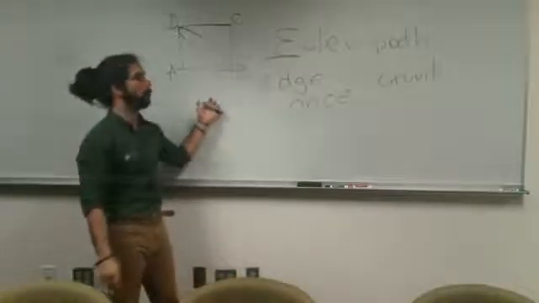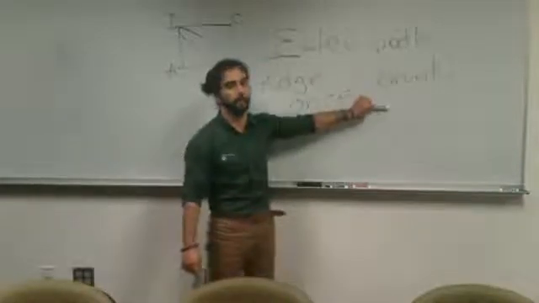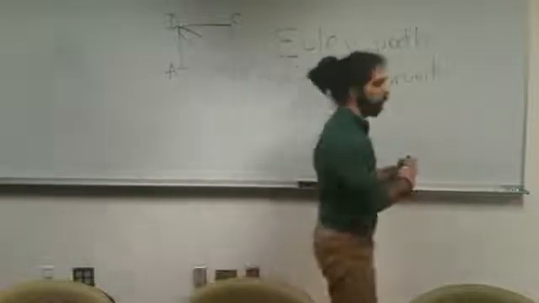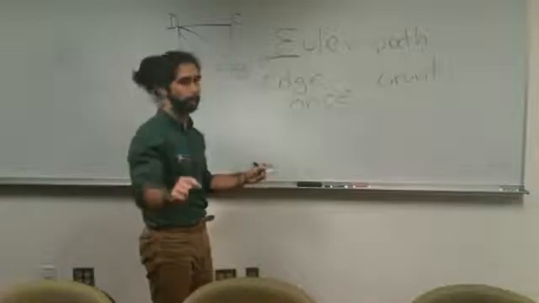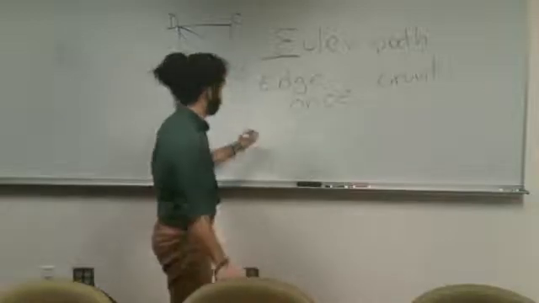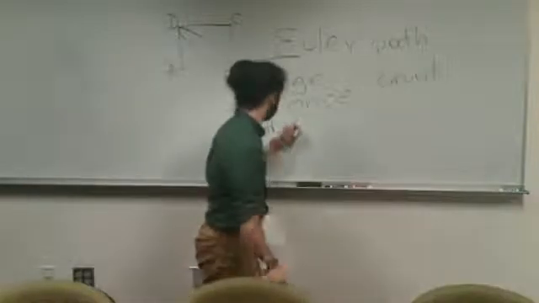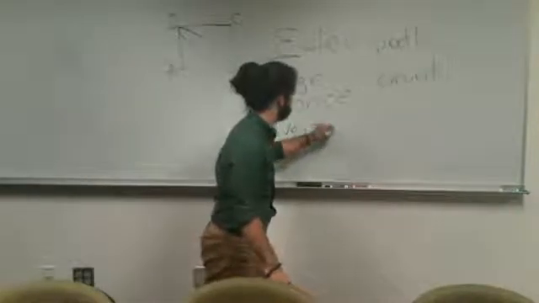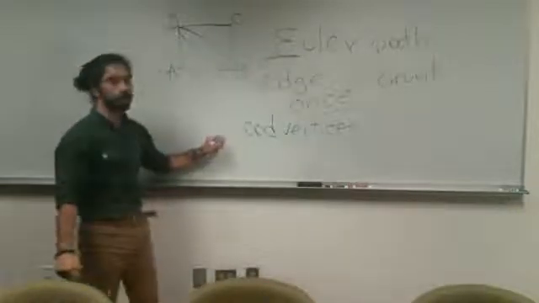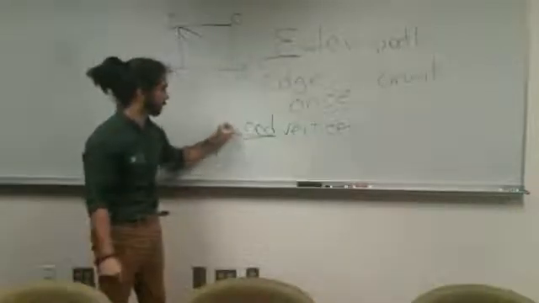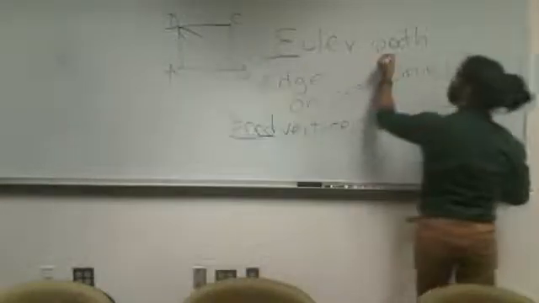But before you do that, you want to know which one of these two you have, a path or a circuit. The way to find out is by the number of odd vertices in the graph. So you want to count the odd vertices. That's the important part, the number of odd. If you have two odd vertices,